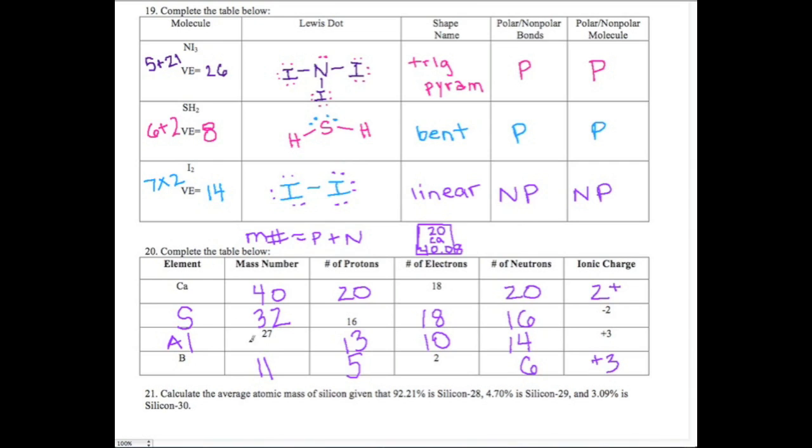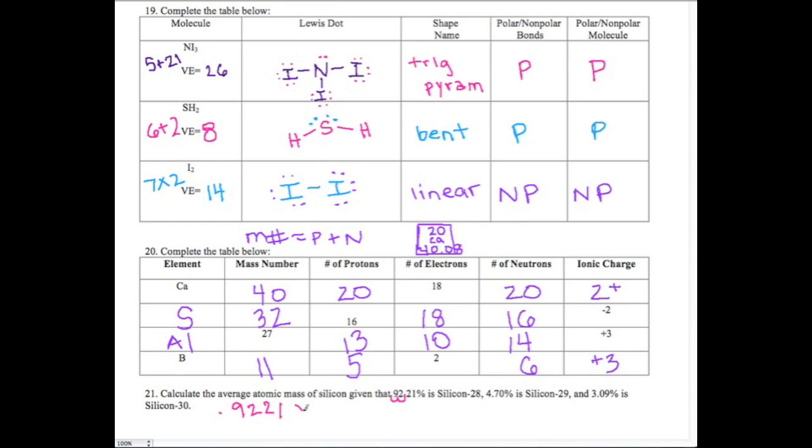Let's do average atomic mass really quickly. All you're going to do, guys, is convert your percents into decimals by moving the decimal 2 places to the left, multiply your percent abundance by your mass number, and add them all up. So for this one, 92.21%, you're going to move your decimal place 2 places. So this becomes